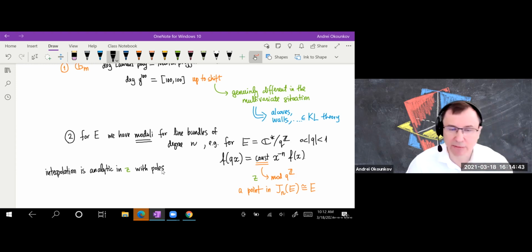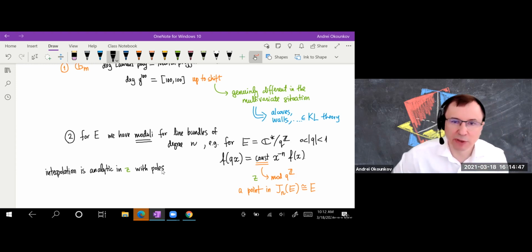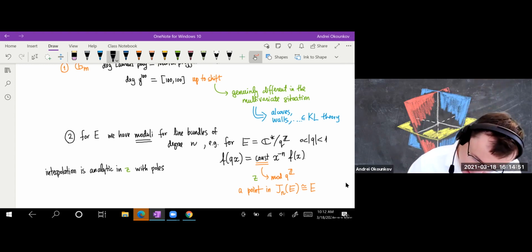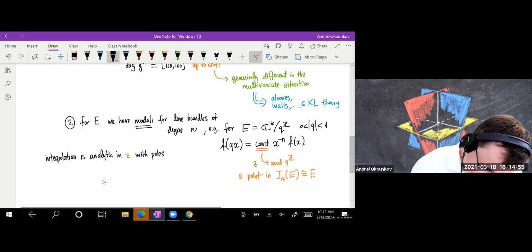And I'll explain in a second what this has to do with poles. You know, what's the meaning of poles? And these poles, so if I have poles,